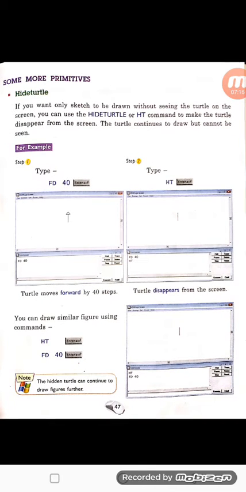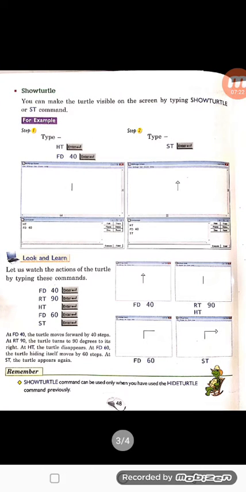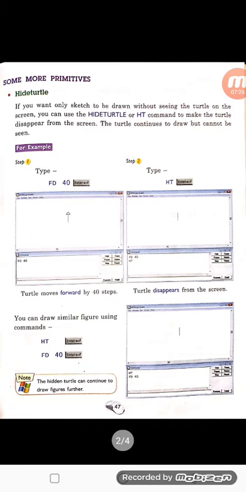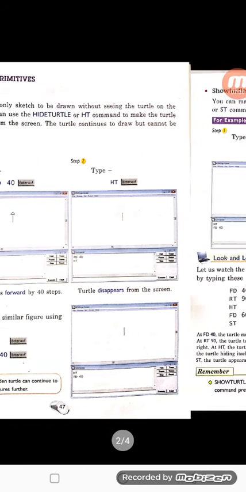Now please come to another page to learn a new primitive, that is show turtle. In the last one we studied hide turtle, whenever we want to hide the turtle but want to draw the image, we can use the HT or hide turtle primitive.